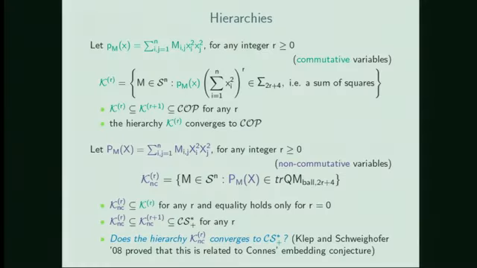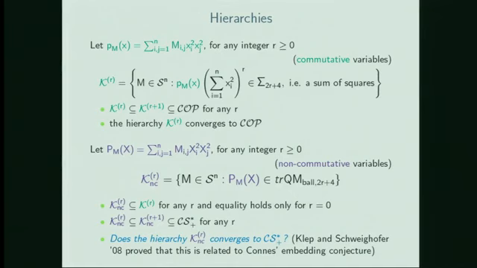The problem is that we don't know whether the hierarchy converges. Klep and Schweighofer proved that this is related to Connes' embedding conjecture, which is a really deep conjecture in operator algebra. So we are looking at a special case, but in more generality,